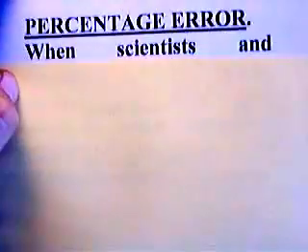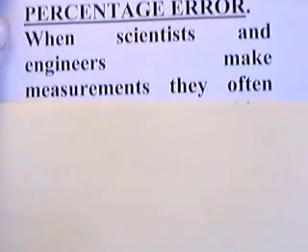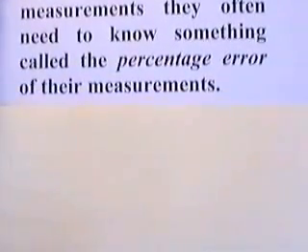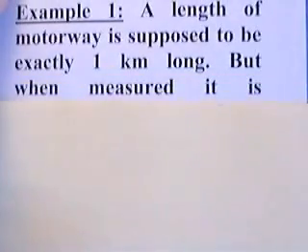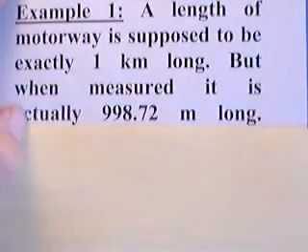Now we're going to finish off by looking at what we mean by percentage error. Now, when scientists and engineers make measurements, they often need to know something which they call the percentage error of their measurements. Okay? And I think the best way to look at this is to go straight into an example. And here I have example 1. A length of motorway supposed to be exactly 1 kilometer long, but when measured it is actually